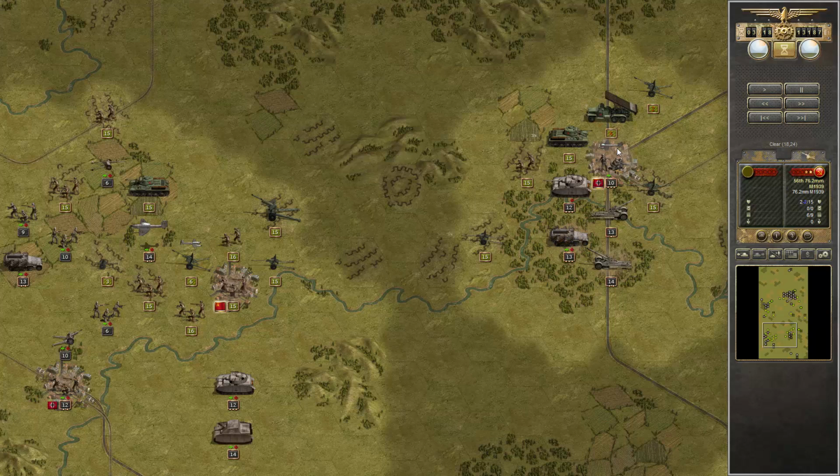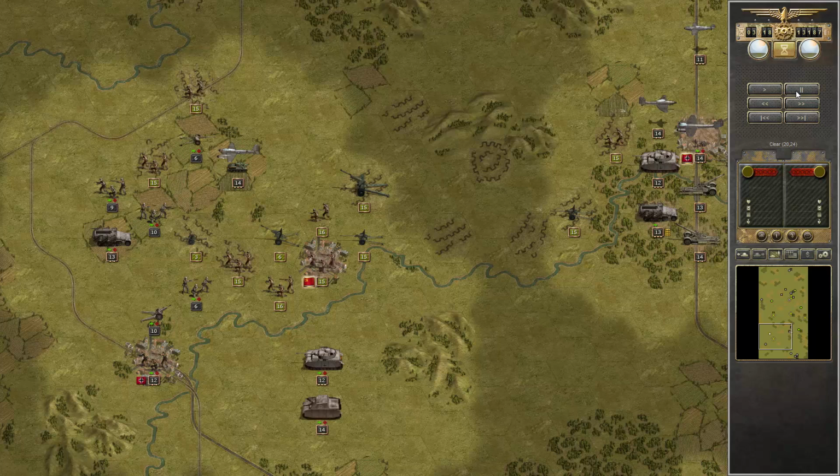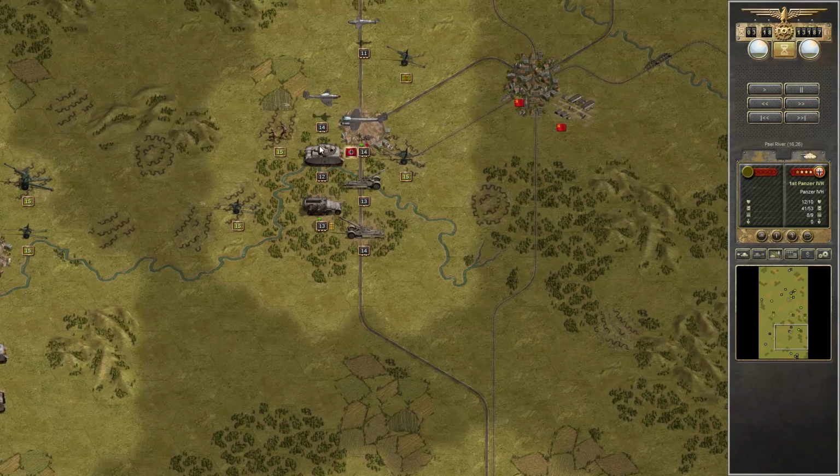Yeah, and once again, we're trying to get rid of those artilleries and it doesn't work out. They barely survive. But we got the tank. So this time, one moment, stop. Okay. Yeah, this time I brought another tank here in order to support the attack on this city,